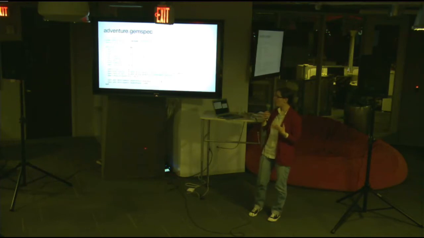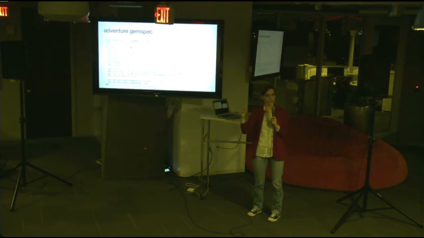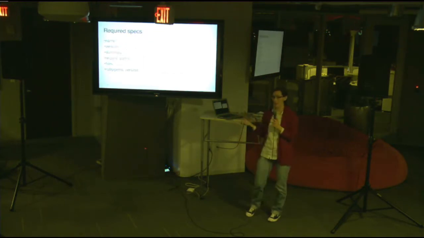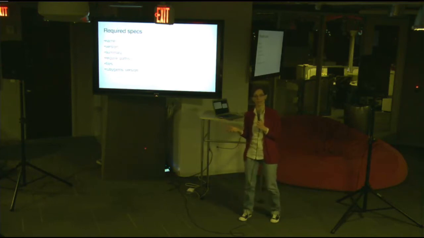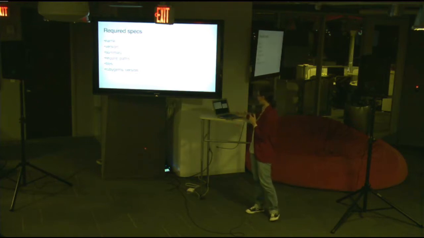And so the gem spec file looks a little something like this. We have some information about the load path, and then gem specifications that are set. And so to start out, I'm just going to walk through the gem spec and sort of explain what each of those pieces do and why they are or are not important. So to start off with, there's a couple specifications that are required. It won't let you build the gem unless you have these defined. And then Bundler actually gives you some additional optional gem specifications that I'll go through in a minute.